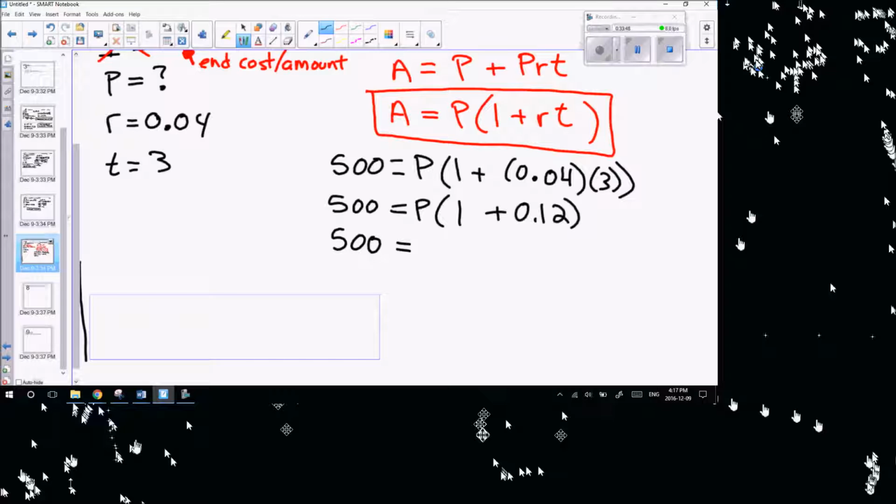Our next step in this solving is we can put what's inside of this bracket all together. We're just following our BEDMAS there. Do everything inside the bracket first. So 1 plus 0.12 is just 1.12. And then our last step to get P all by itself, we divide out by our 1.12. So when we do 500 divided by our 1.12, we get